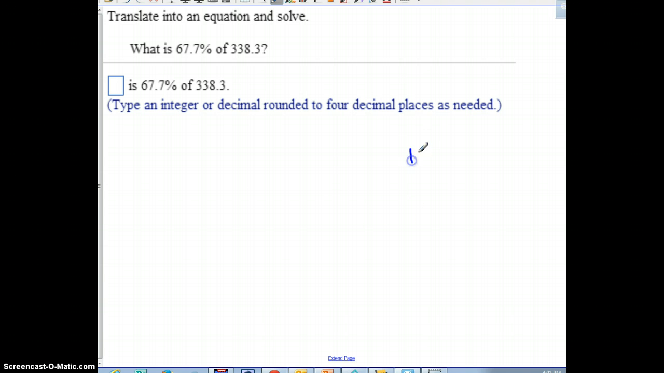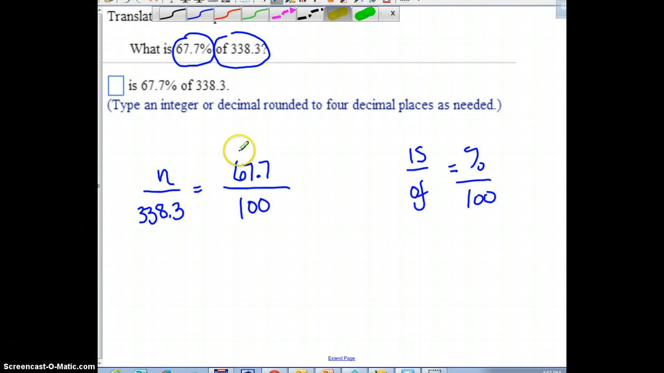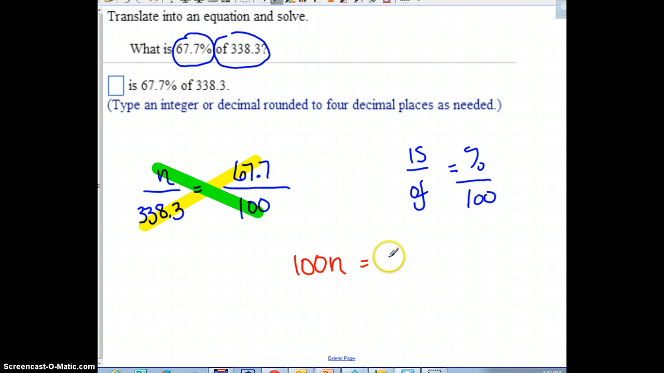Okay, now same kind of thing. Is over of equals percent over 100. They tell me in this one that my percent is 67.7. My of is 338.3. And this is what I'm trying to solve. Now, this one says translate into an equation and solve. So I'm going to do this a little bit more algebraically. I'm going to use my highlighters and cross multiply these two. Wherever my letter is, I'm going to start with that first. So n times 100 is just going to be 100n. The other side is going to be